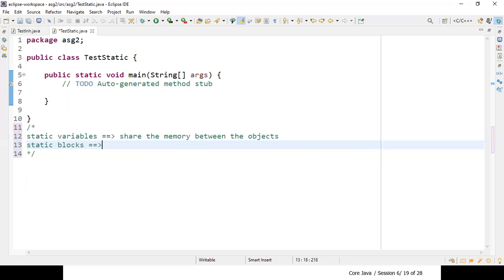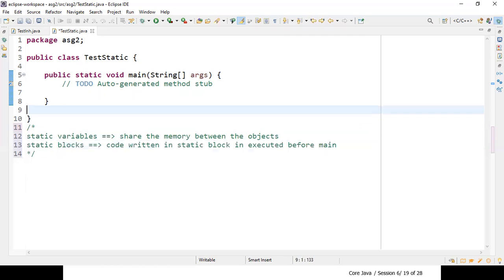Now, remember, the code written in a static block is executed before main.